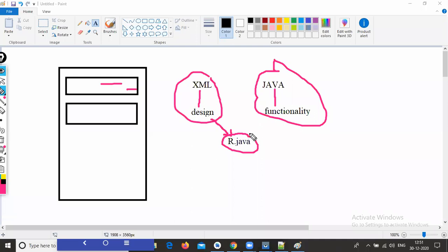Whatever design you created in the XML file is configured in the R.java file. Now with the help of the R.java file, you need to configure your views in Java.